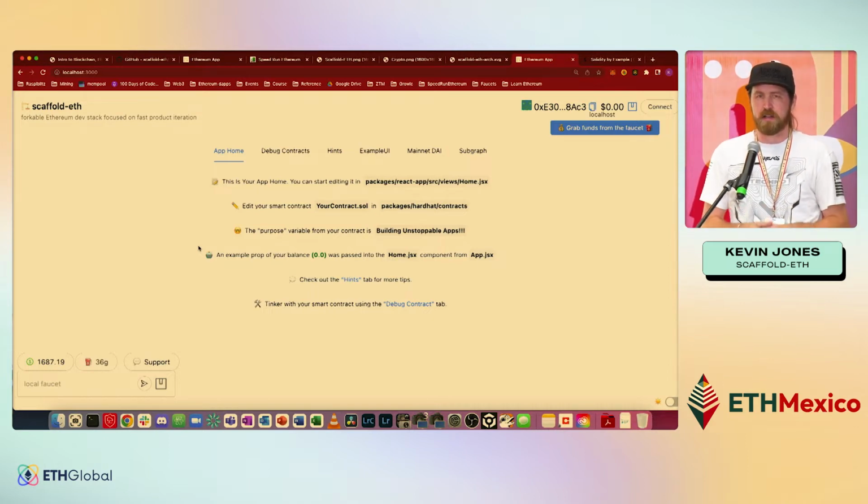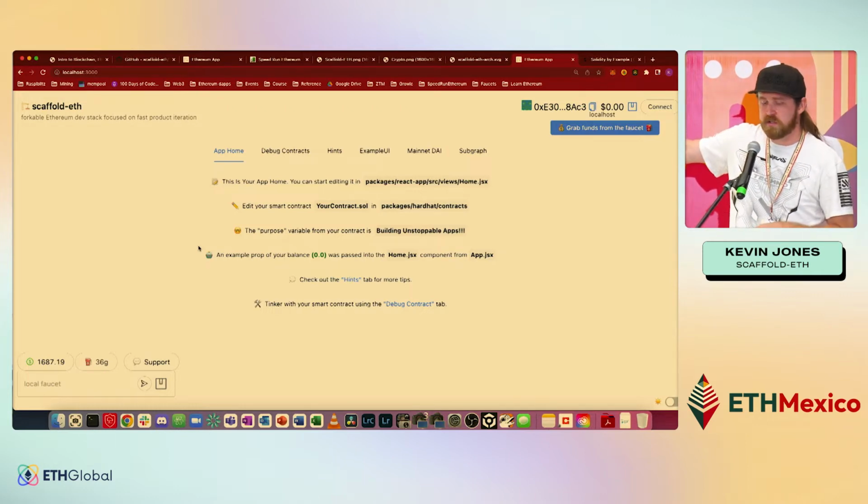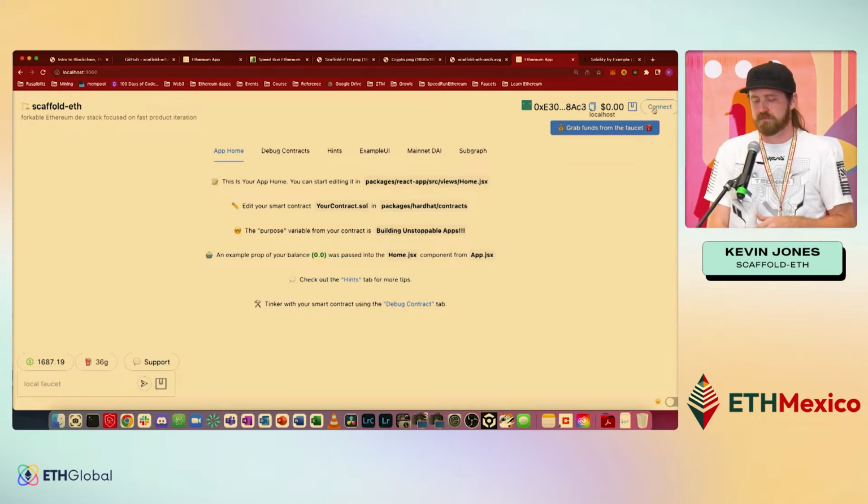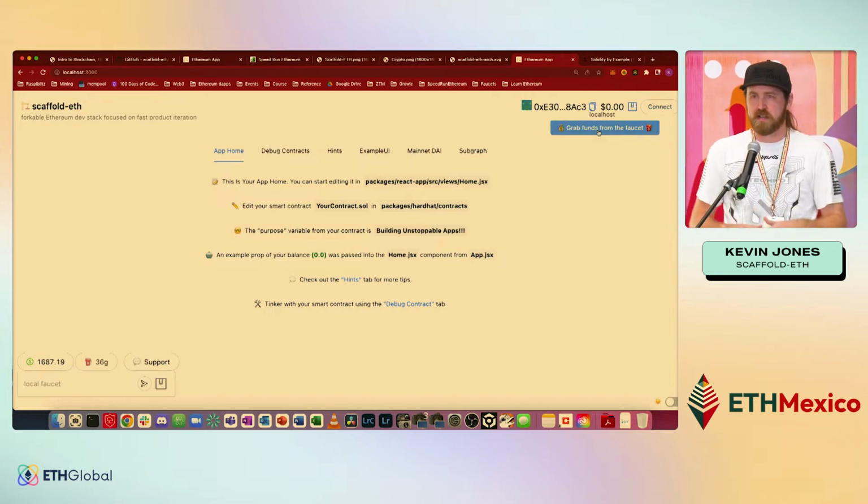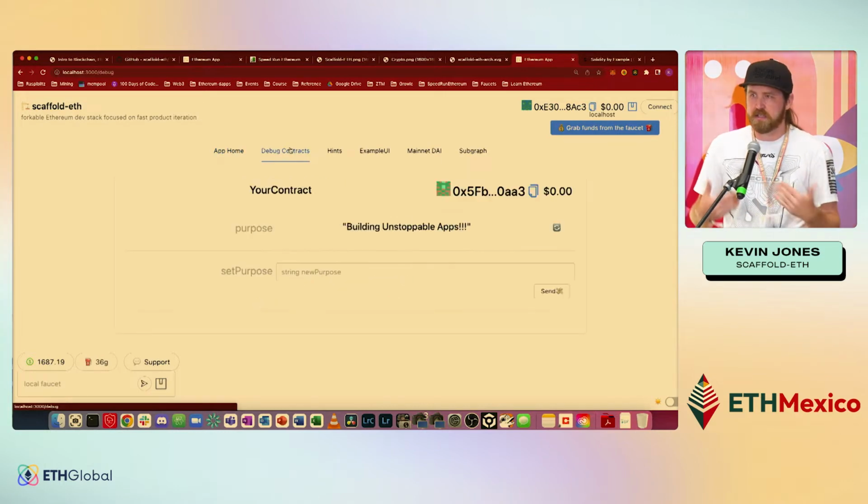So you don't have to worry about it, it uses Ethers.js, so that's already piped up. It's got this burner wallet in the top right corner, you'll notice. You could connect to MetaMask, but if you don't want to mess with MetaMask, you can just use the burner wallets that come with Scaffold ETH. It's basically an in-browser wallet. You get a randomly generated mnemonic inside the browser, and then you're able to start transacting right away. So I can just come over here to debug contracts, and I can see the functions